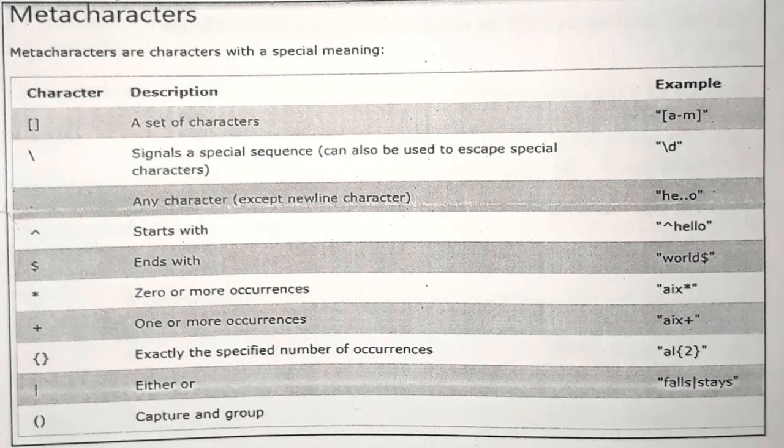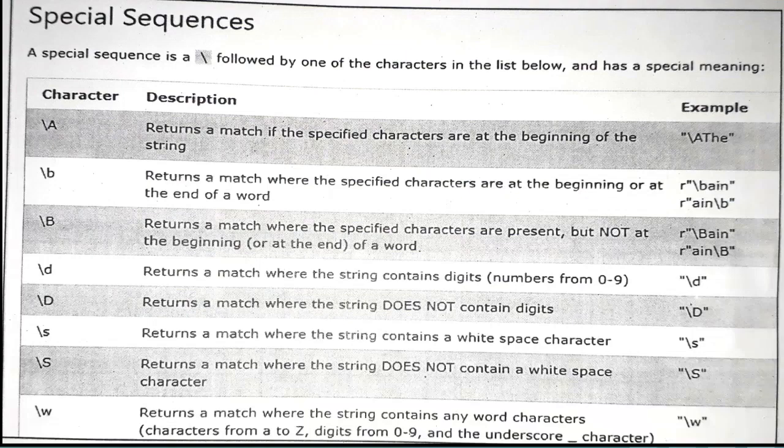Then as I said, with the help of the slash character we can have the special sequences. So we are having n number of special sequences. The first special sequence is slash a. So just see the example slash a, then we have written the. So if you are not making use of the asterisk symbol, then in place of it you can make use of slash a and then the. It indicates that at the beginning, if we have the, then it will return a match.